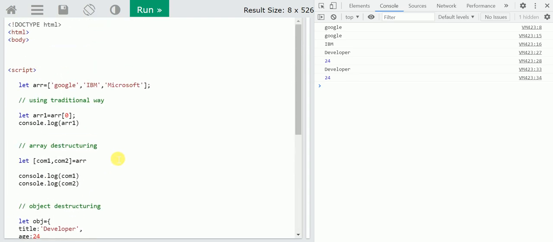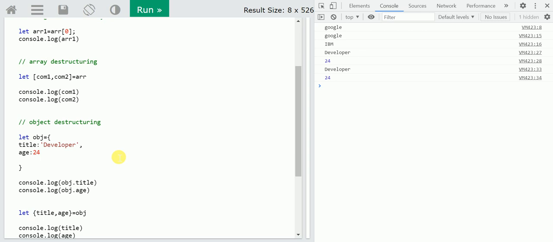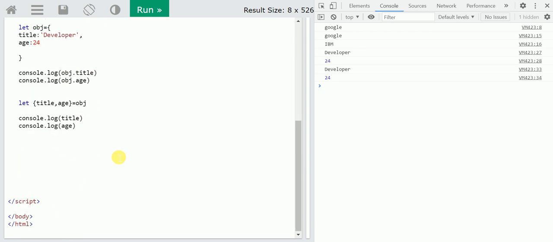Okay guys, so these are small tips and tricks in JavaScript. This is the most important thing if you are working in LWC. Things like the spread operator and this destructuring are the most important nowadays.